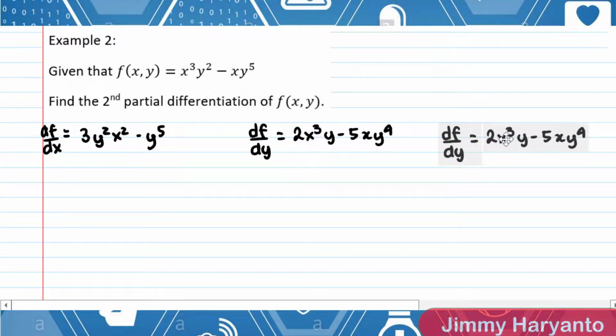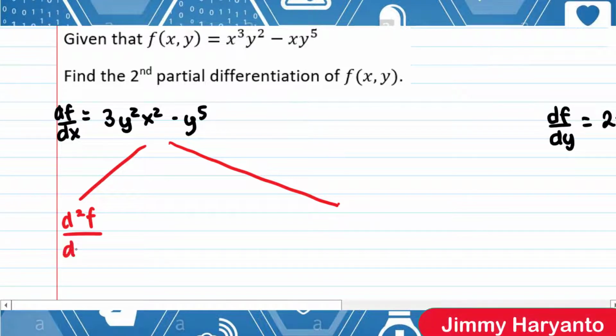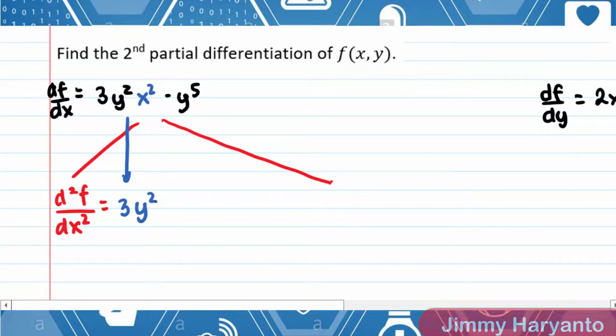So we have to find the second differentiation, right? That means for each of them we have to do twice ya. For the first one I want to find d square f over dx square ya. That means you have to differentiate this with respect to x. Okay, with respect to x means the variables is this x ya, x square. Nah cuman ini doang, berarti ini di differentiate jadi apa? It will become 3y square times 2x guys. So the answer will be 6y square x.